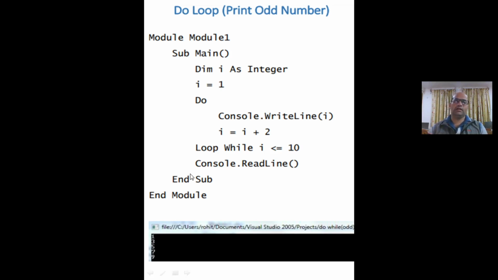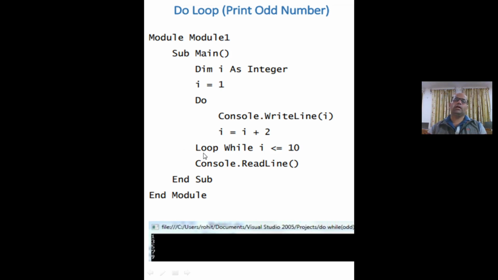Then I plus 2: 5 plus 2 equals 7, and 7 will be stored in the I variable.